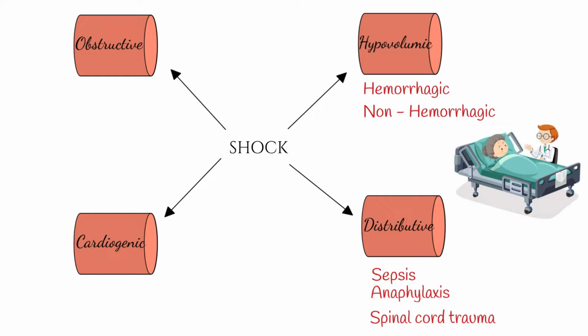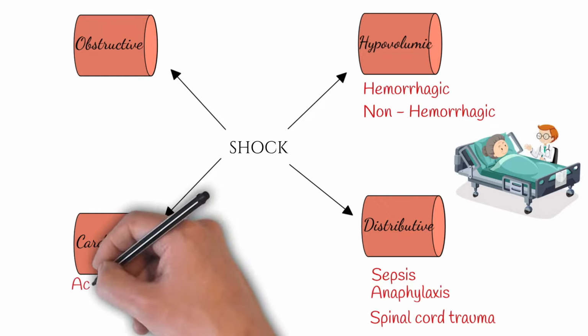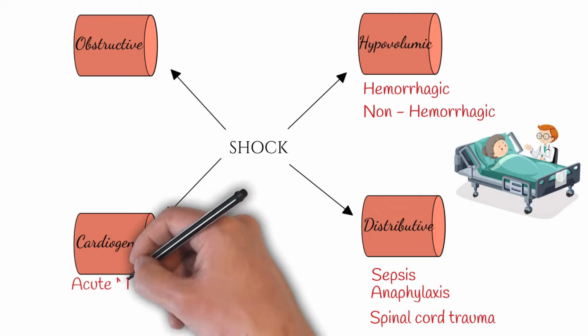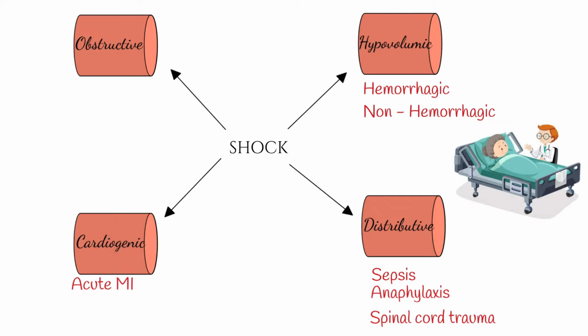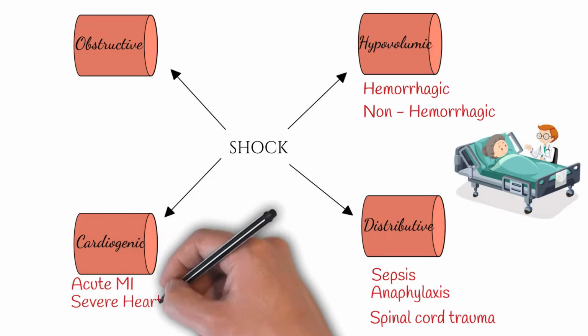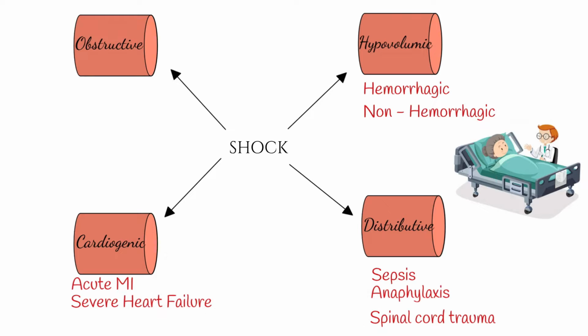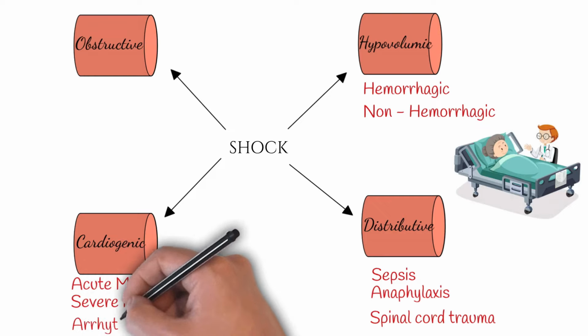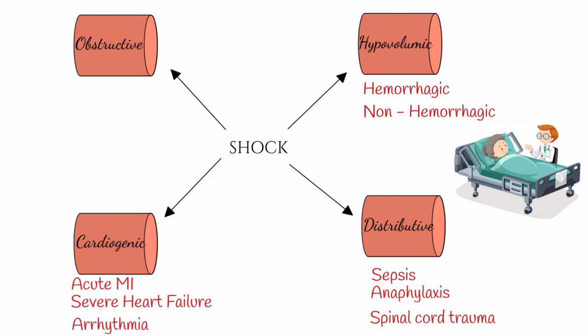In cardiogenic shock, there is a decrease in cardiac contractility leading to a decrease in tissue perfusion and shock. Acute MI is one of the most common reasons for cardiogenic shock. It can also occur due to exacerbation of severe heart failure, and it can also occur due to certain arrhythmias such as ventricular tachycardia, ventricular fibrillation, and complete heart block, in which there is a decrease in the blood pressure leading to a decrease in tissue perfusion and